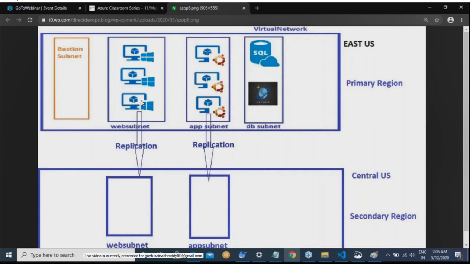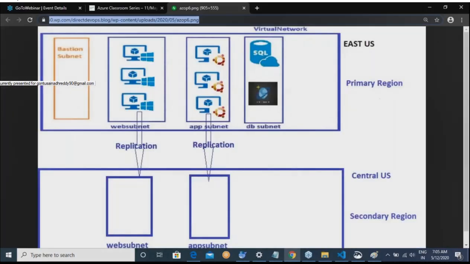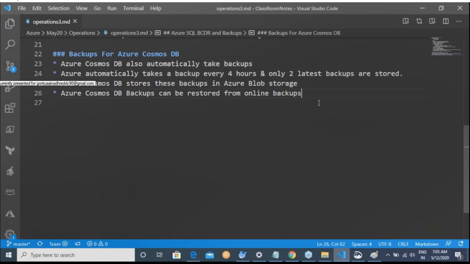Yes or no? BCDR strategy for simple architecture.